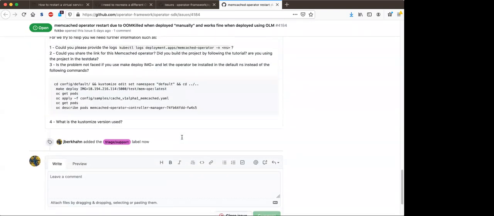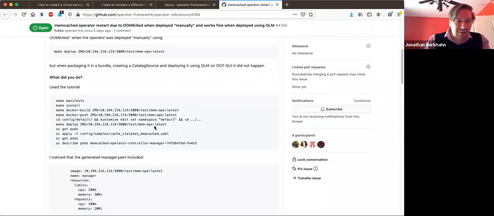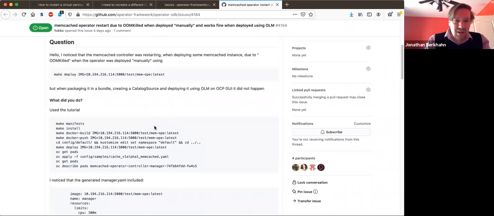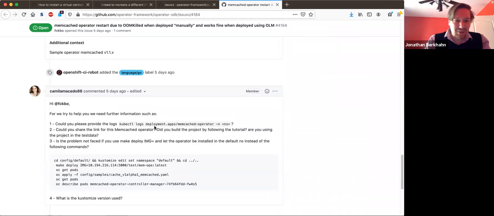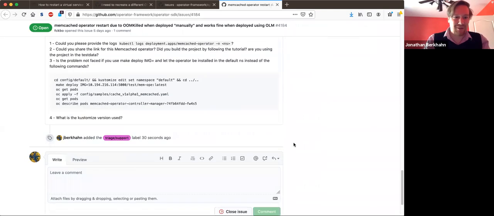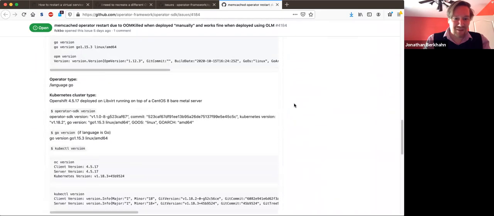I put a bunch of stuff. Does he say where he's deploying this to? I know on my machine, when I try to run the Memcached tutorial using just Minikube with everything default, it yells at me about memory issues. So maybe this is a similar thing.